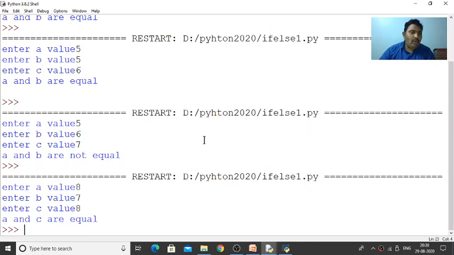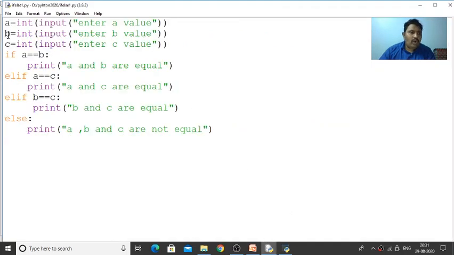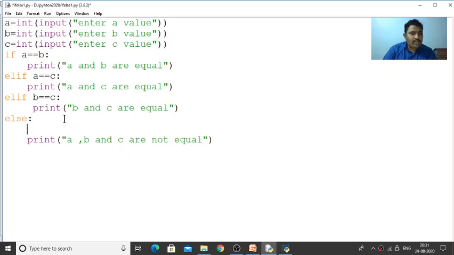So this is how we can use the condition. So in Python programming we can write multiple conditions using if and elif. If you want to add another condition, we can use elif. So like this we can do. And one more possibility we have discussed: within elif there is a possibility to add another if condition. Yes, it is there, so we can add it also. Within else also we can add another if condition.